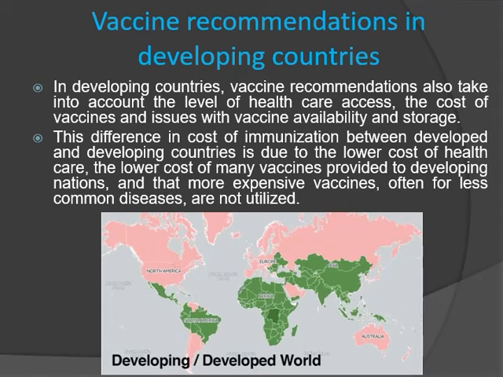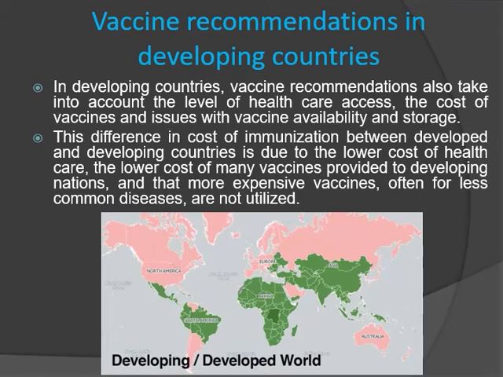This difference is due to the lower cost of health care, the lower cost of many vaccines provided to developed nations, and that more expensive vaccines, often for less common diseases, are not